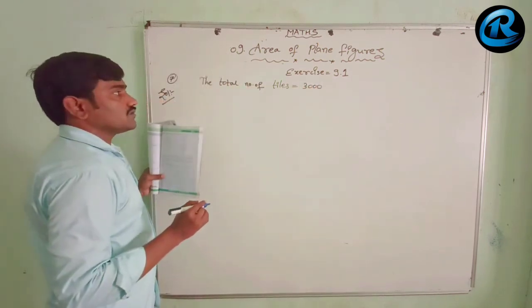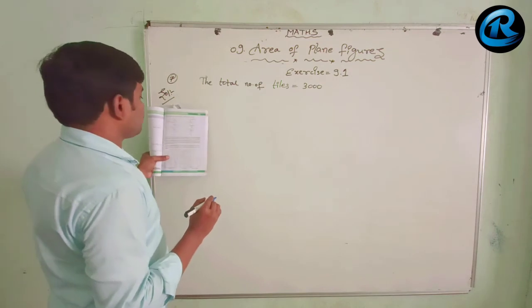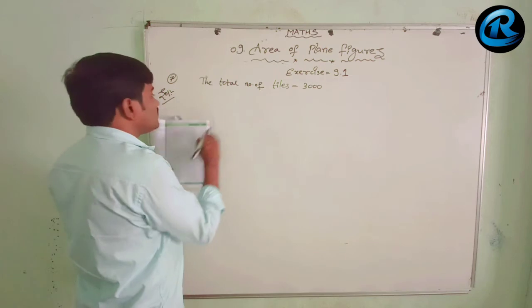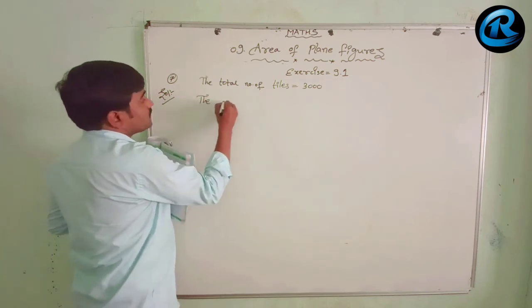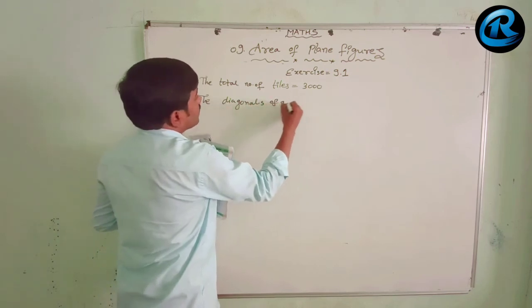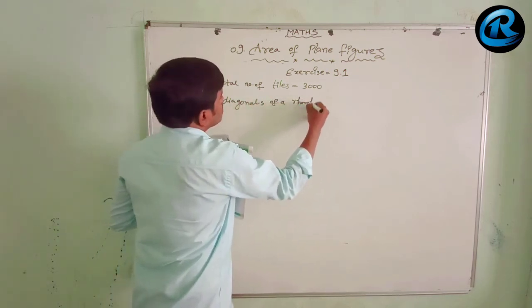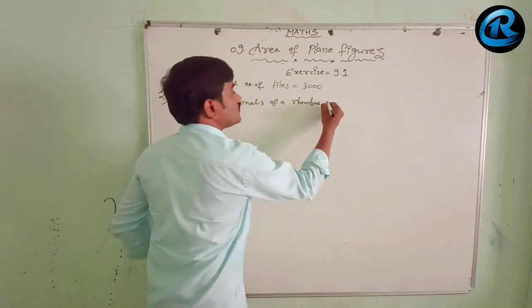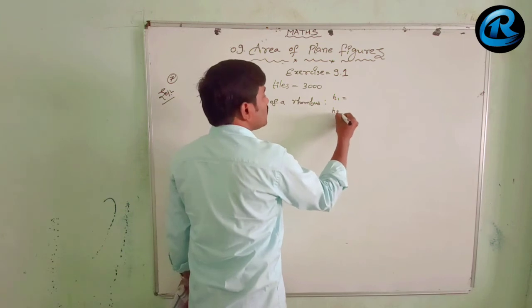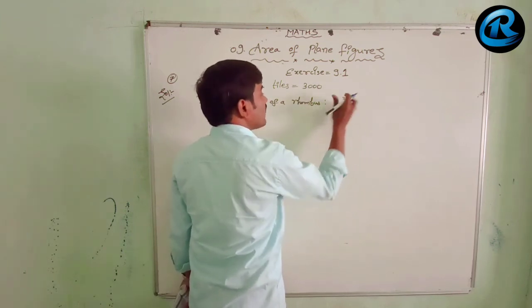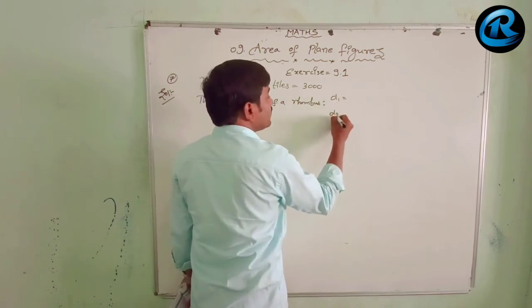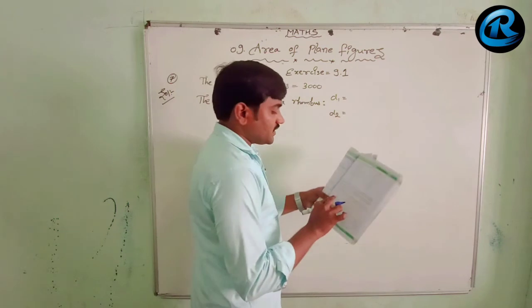Total number of tiles are 3000. The diagonals of a rhombus, here d1 equal to and d2 equal to, d1 is given as